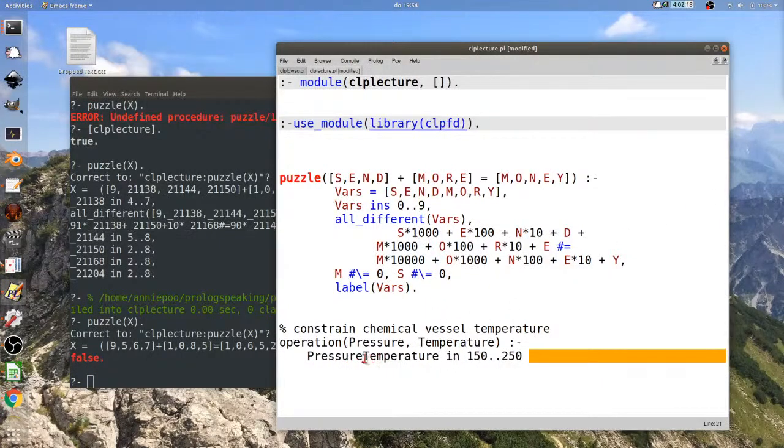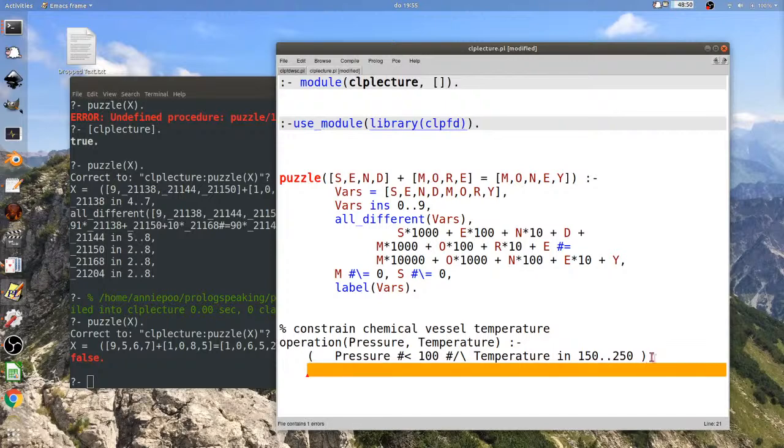Pressure, okay, that's true. That'll succeed. That'll be happy as long as we're in startup mode. So we could do this.